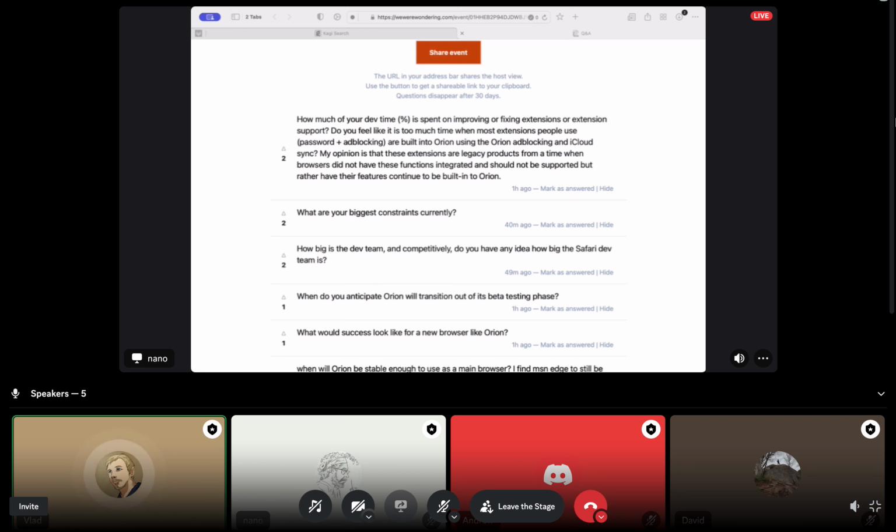it doesn't matter much what we think. We feel like we should support the extensions, and that does make Orion open, which is our goal. We want it to be better than Safari. And if you want to develop an extension for Safari, you not only have to pay an annual fee, but the number of web extension APIs is much lower than the ones that Orion supports and things like that. So this is one of the ways that we think Orion is and will be superior to Safari, and